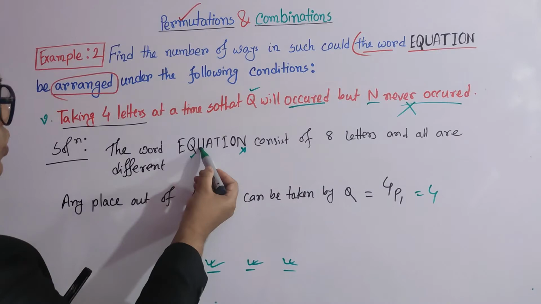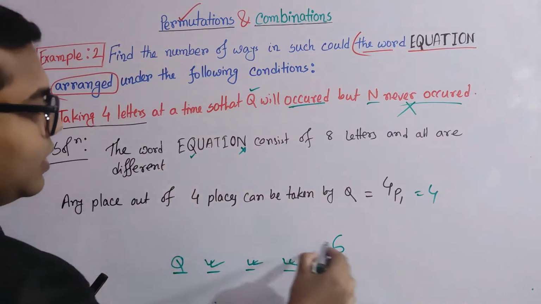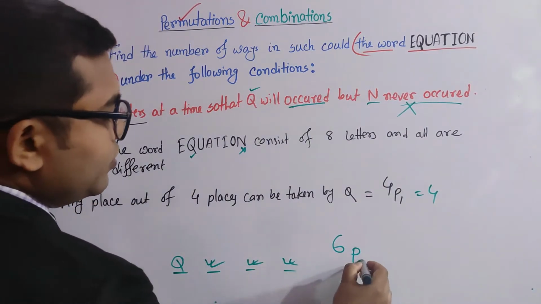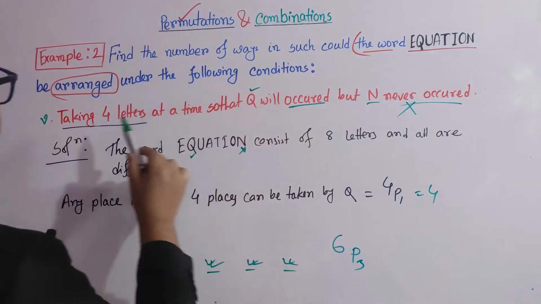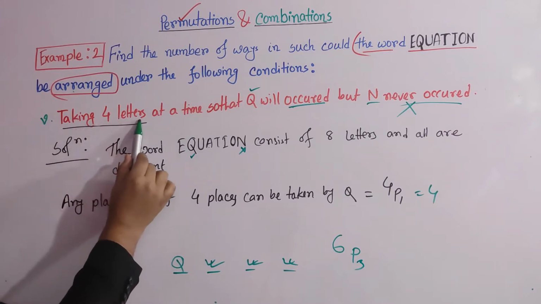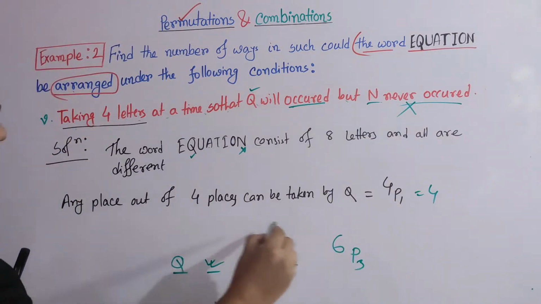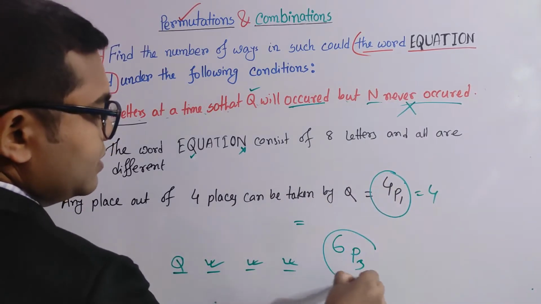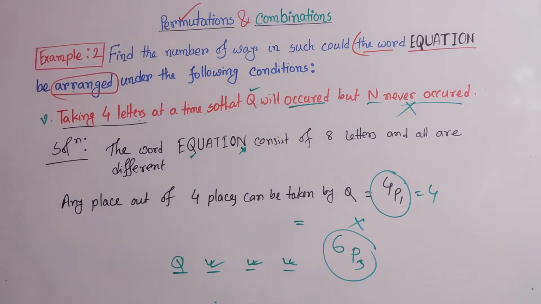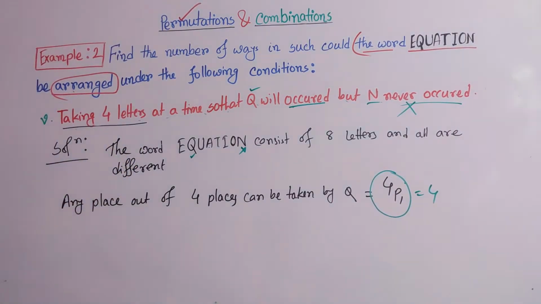We have 1 2 3 4 5 6, so we have 6 options, and we have to take 3 letters. So the number of words of EQUATION arranged taking 4 letters at a time so that Q will occur but N never occurs is equal to 4P1 multiplied with 6P3, and it can be written much more clearly this way. So the answer should be